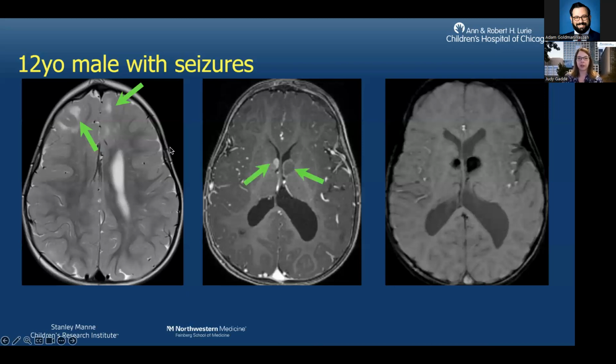And then the other findings that we classically see with tuberous sclerosis are going to be these subependymal nodules. Dr. Susan Palacios, who is at CHOA, she and I and one of our former Emory fellows did a project where we evaluated whether or not you needed contrast in these tuberous sclerosis patients to see these nodules and to follow them. And what we found was you do not need contrast. All you need to do is a 3D T1 sequence and get high resolution T2. Of course, sometimes these will have calcification within them, so a susceptibility weighted image is helpful, but they don't always calcify. And as long as you have those high resolution images, you should be able to follow these without contrast,